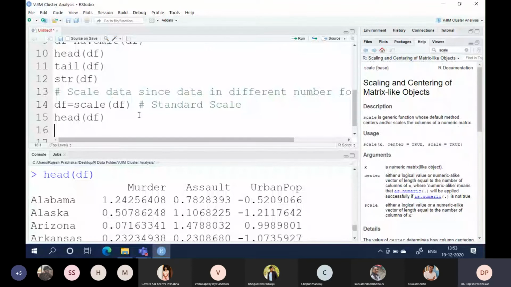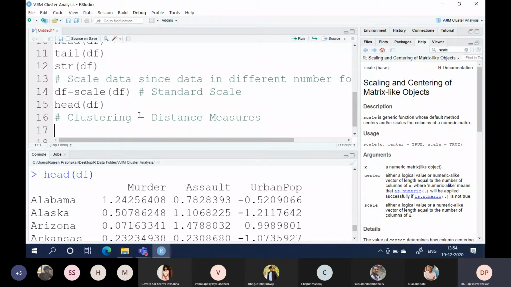Now, when you look at different understanding of clustering, the most important is the distance measure. How you calculate the distance between the centroid and the data point. One of the popular methods is Euclidean distance.